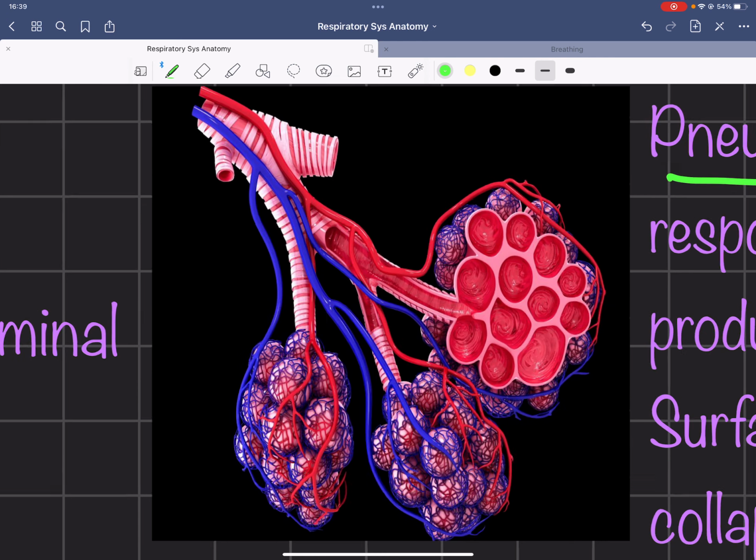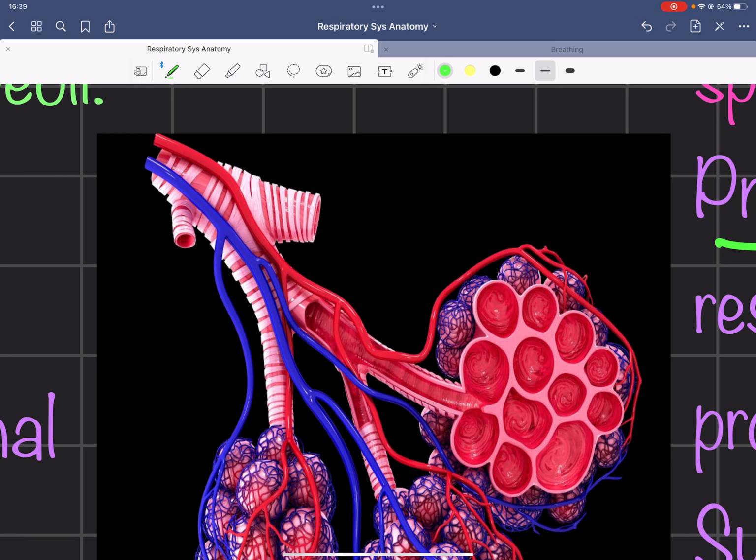If we have an alveoli in this structure, it is lined with the capillary membrane, also known as the endothelium, and this is lined with the alveolar membrane, also known as the alveolar epithelium. In between them we have a very thin